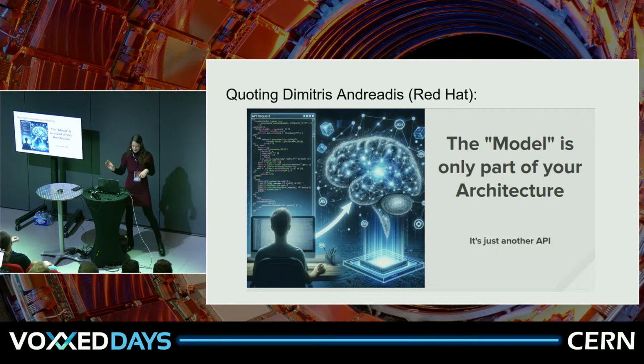What LangChain4j allows is to build things on top of LLMs. So we start with the LLM as your basis, as your infrastructure. And I think Dimitris Andreadis, who has a talk after, said this very well. This whole artificial intelligence world is splitting in two levels. There's at one side this building of models, training of models, fine-tuning them, which is often data scientists doing it. And then there's this other level that comes on top that's just emerging, that is actually to use them in your applications, and that's more for us developers. That's more fun.